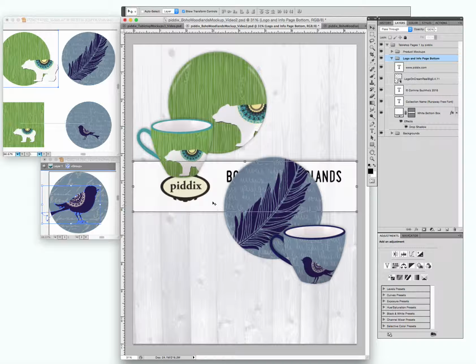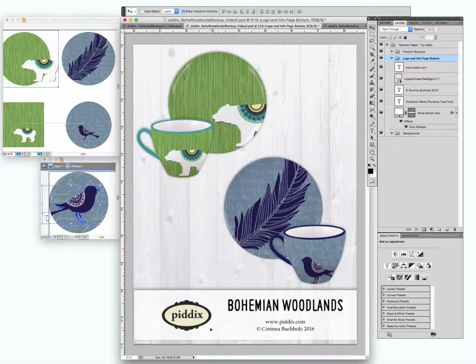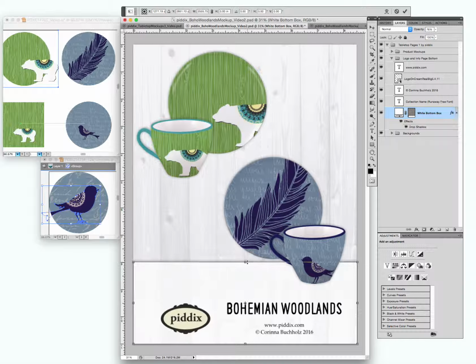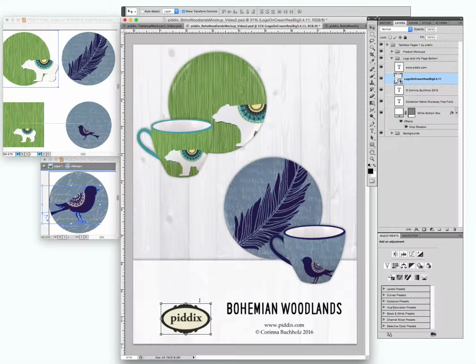What I like to do is leave it on the bottom, but give a little more space. I'm going to click on this white bottom box and pull this up so I have enough room to move the logo. Hit return, grab the logo, move it over here on the right. I can line those up if I want. Now making sure that this Auto Select Layer is still turned off,